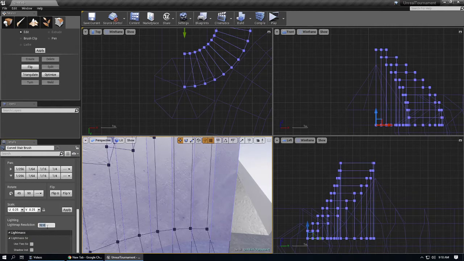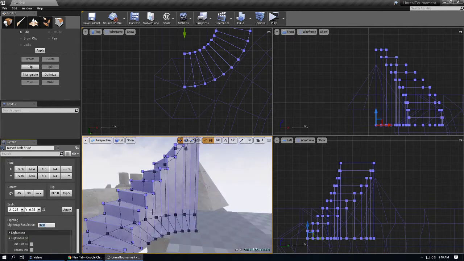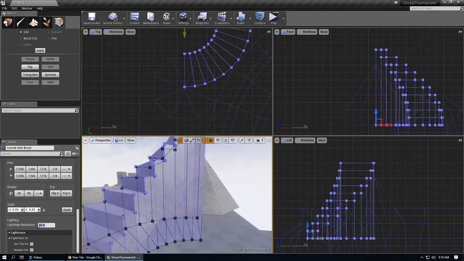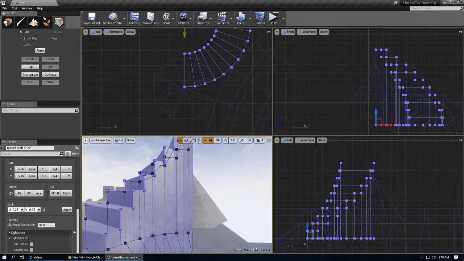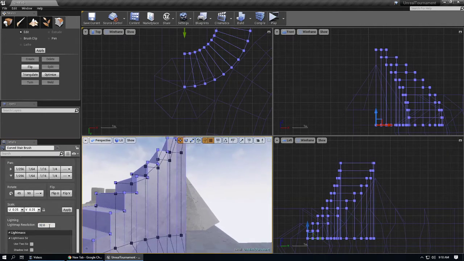Light map resolution is for lighting quality on the surface. If it's something complicated, like you have a spotlight shining directly on it or something, you might need to be more detailed, which is actually a lower number, like 16 or even 8. Don't worry about these settings,